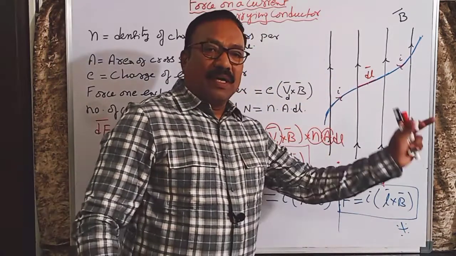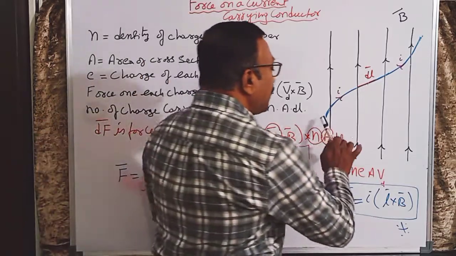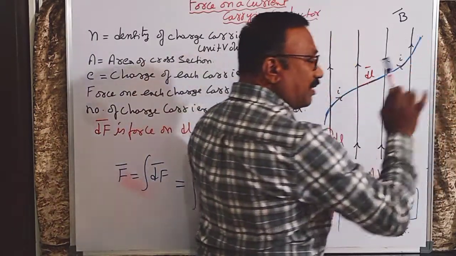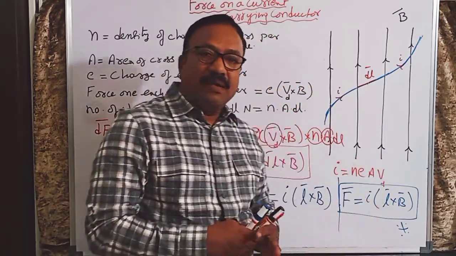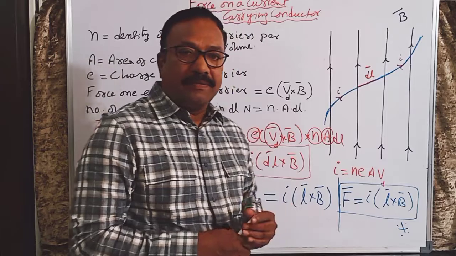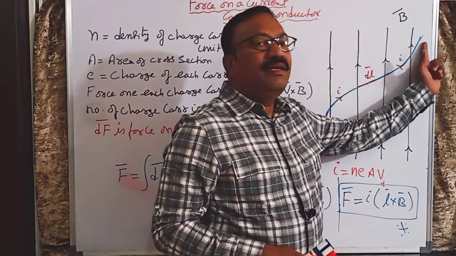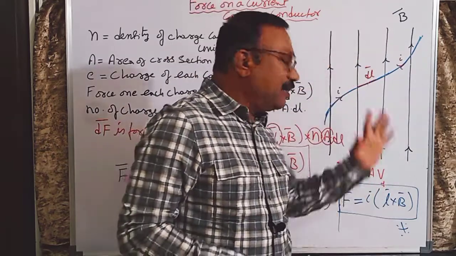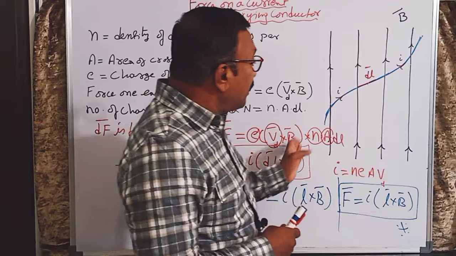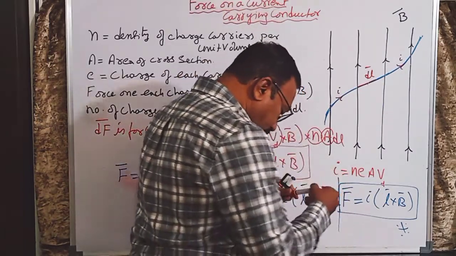So what is this L bar now? That is very important. The length of the conductor means the total length you will take, but L bar means what? It is like a displacement vector. So where is the current entering the field? Where is the current leaving the field? And the shortest path between those two is L bar. So don't take this as a length now.